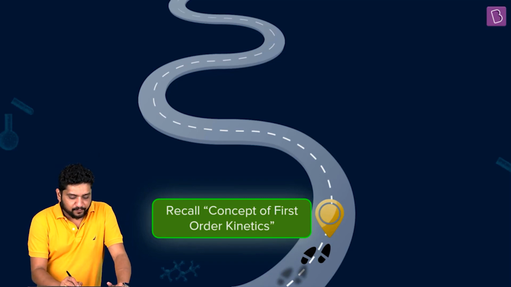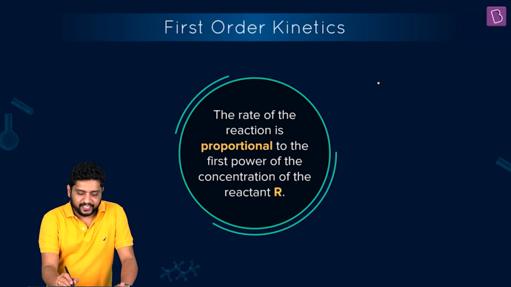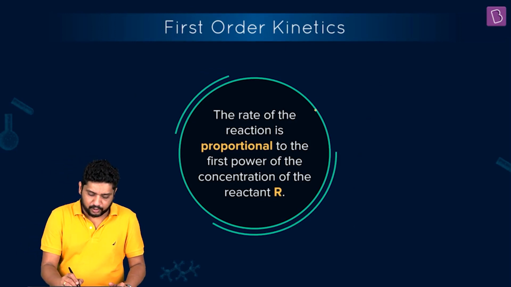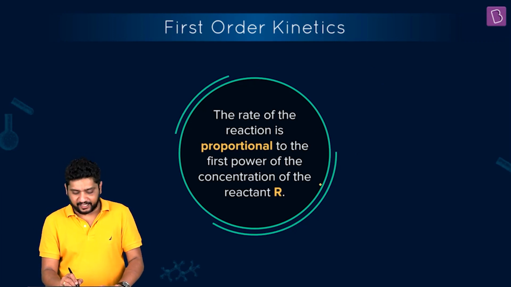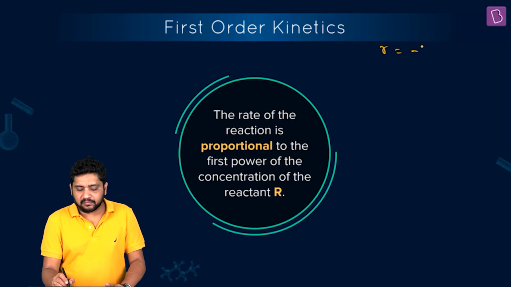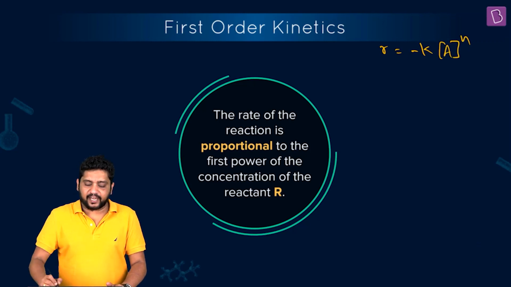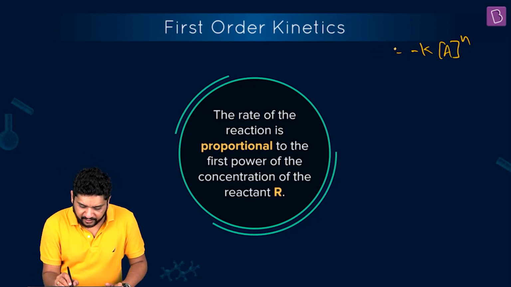Anyways, going forward, what is the idea behind first order kinetics? You know that the rate of the reaction is proportional to the first power of the concentration of the reactant, right? So first order. In general, what do we say? Rate is supposed to be equal to minus k A to the power n. So an nth order reaction, or let me write this as minus dA by dt,